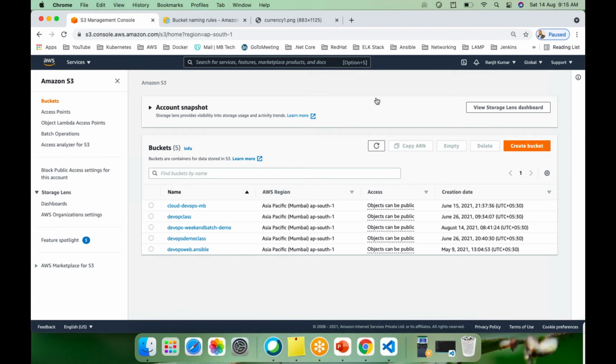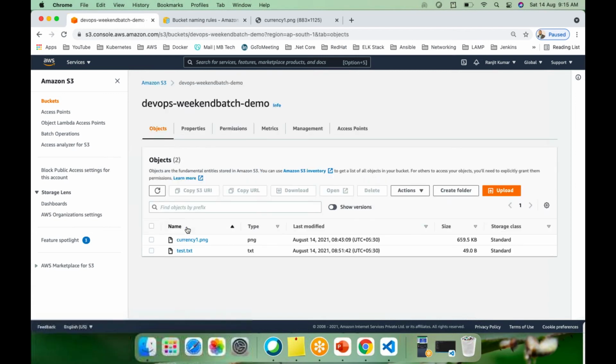See, everything we put in the Mumbai region. What if the Mumbai region goes down? We cannot access our data, right? We need cross-region replication to store our data in a different region as well, so that if Mumbai goes down, we'll at least have Singapore or other regions available so that we can access the data.